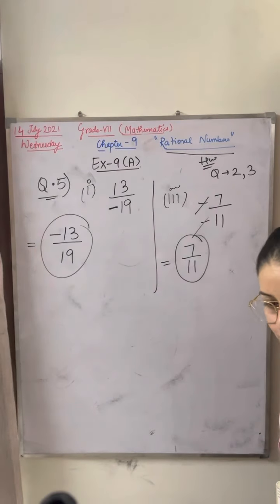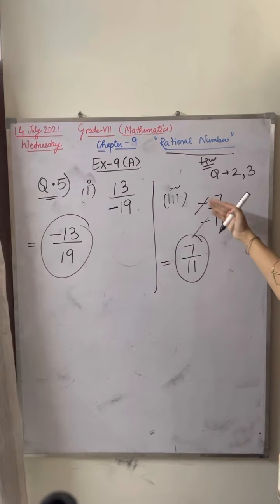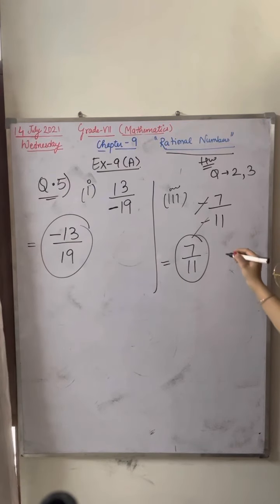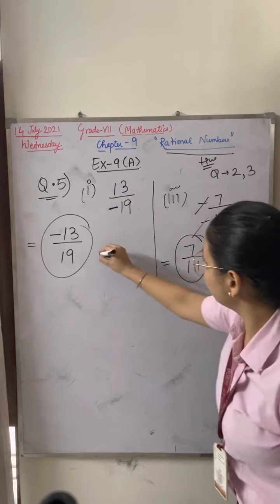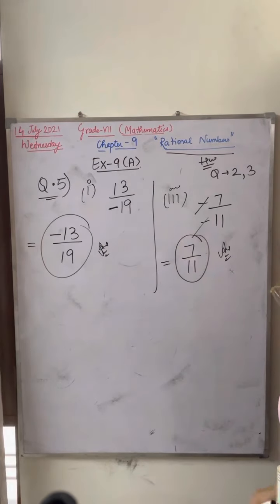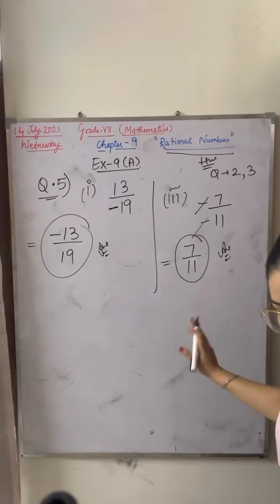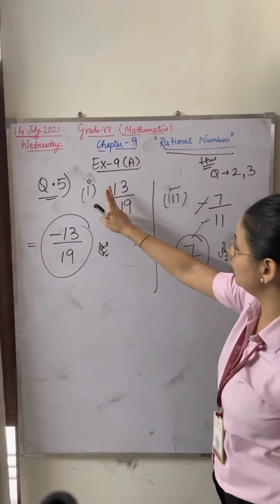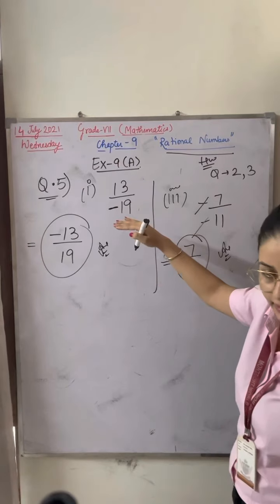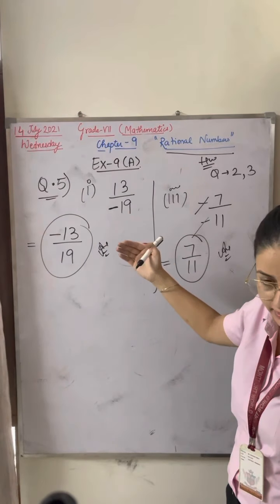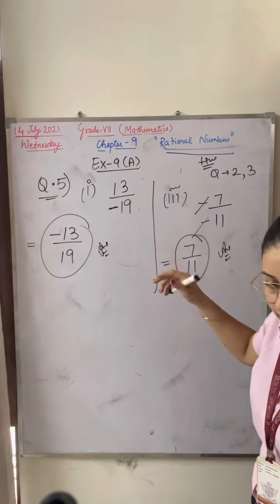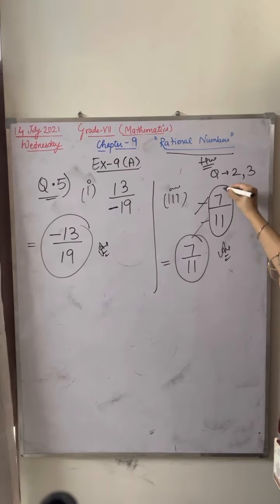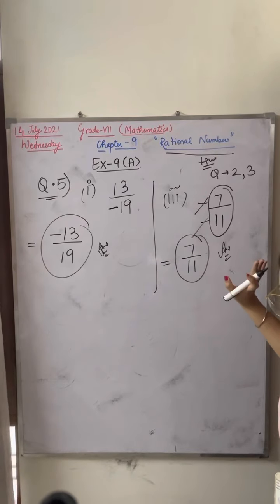Hence your denominator is positive now. If both are negative, you can cancel it and your answer will be positive. This is your answer, the answer of the third part and the first part. Clear everyone? Any doubt up to here? If anyone is negative, then you can shift it here and there to make the term positive, whichever is required. If both are negative, that means your rational number is always positive, because minus minus will get cancelled.